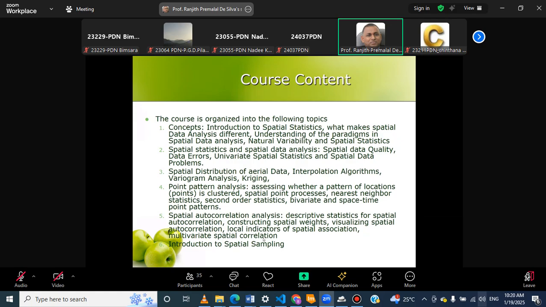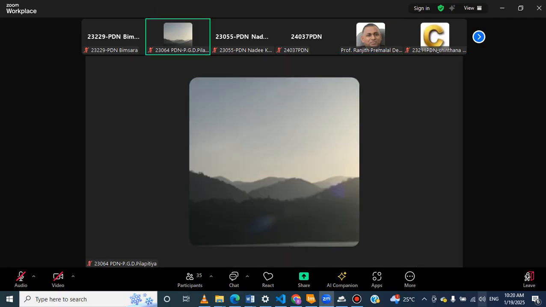So we have a different approach when it comes to the statistics related to spatial data, due to the nature of spatial data being location referenced. So we take into account the relative locations as well. And we look at the natural variability and how